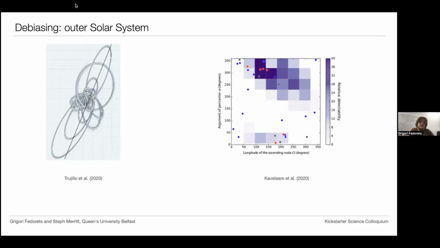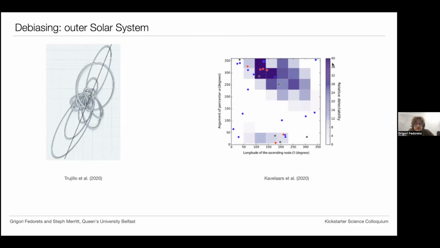But on the right hand side, there is a different plot which perhaps cautions against jumping to conclusions. Here you can see different points, blue, red, and gray, showing the alignment of the perihelion, which is exactly whether it is along the line. As you can see, yes, they do indeed seem to be aligned. There are not many over here. However, if you take into account the effect of observational biases, which are represented by the dark squares in the background,